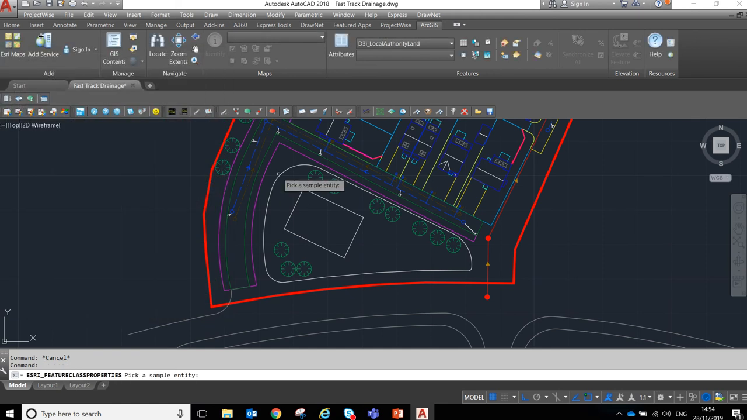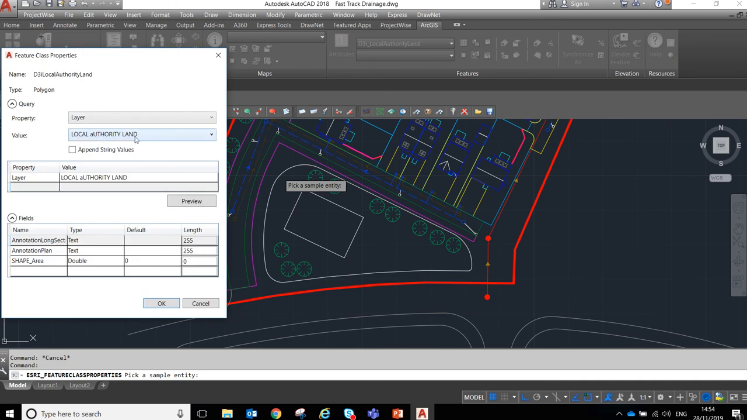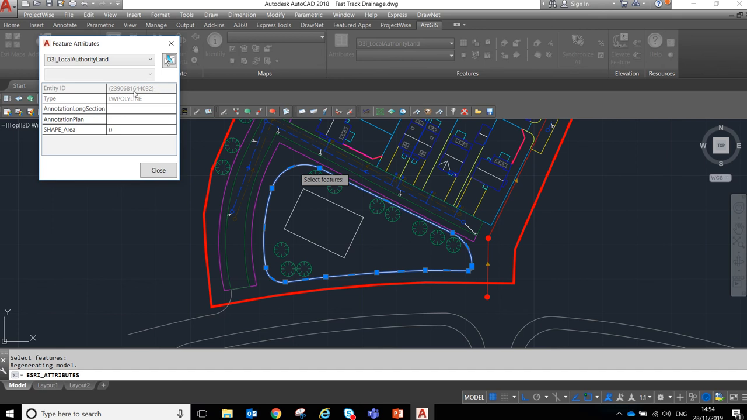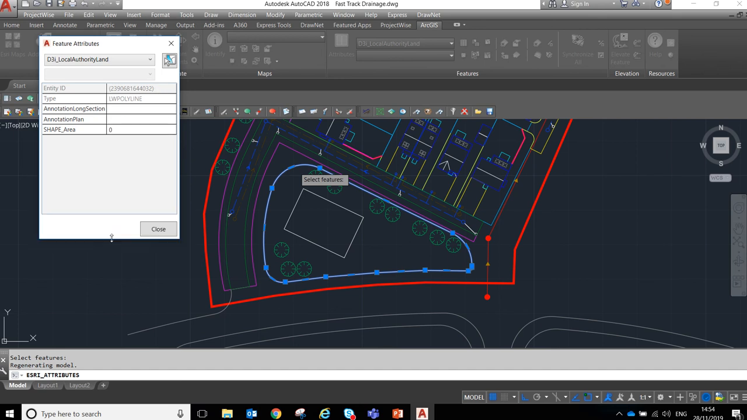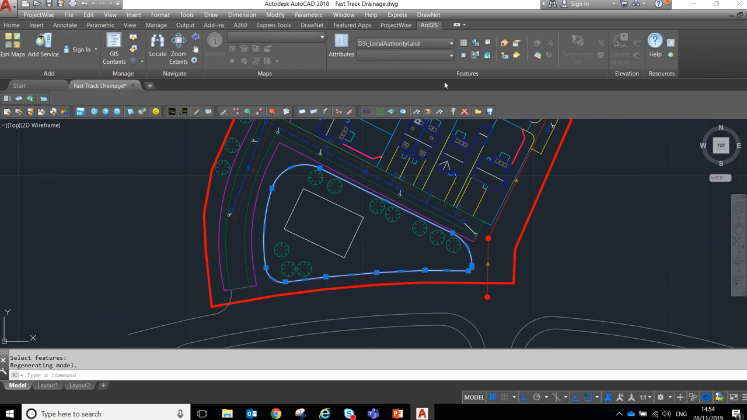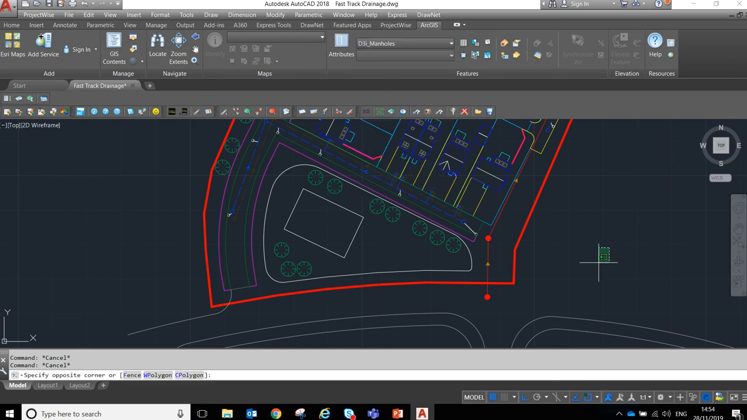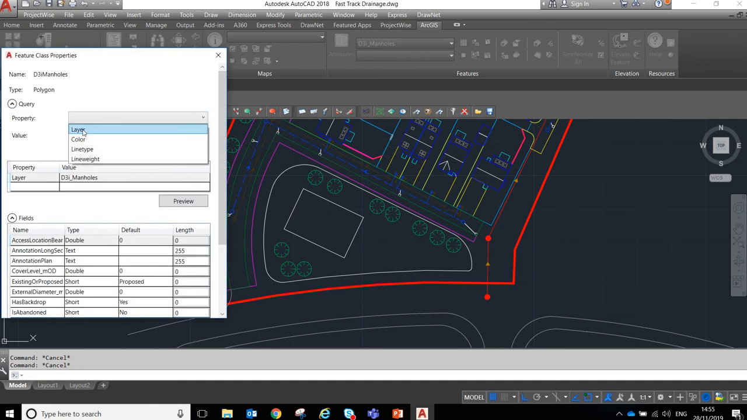Let's see, select from entity, local authority land, preview. Again, it's an area, so it needs to be a closed polyline. Okay, that. We'll just double check it's been added, and it has. It's got an entity type. We'll just work our way down through the feature classes, manholes, same process. I want to say layer,